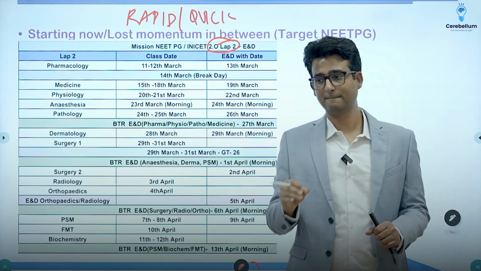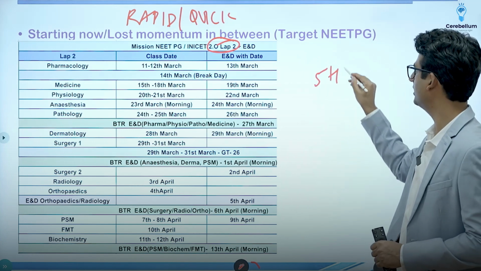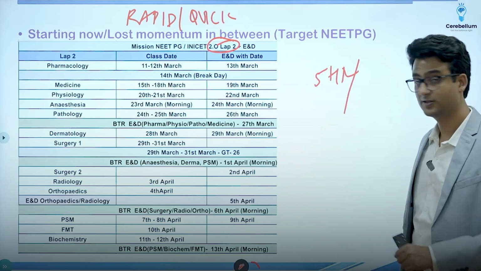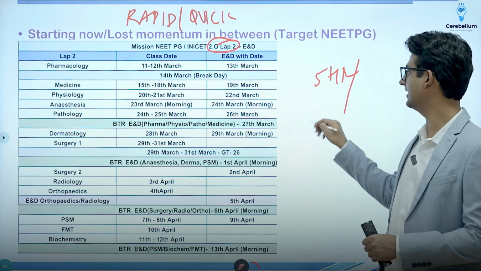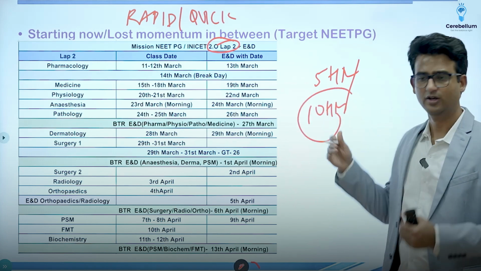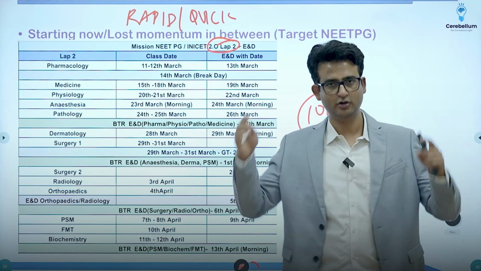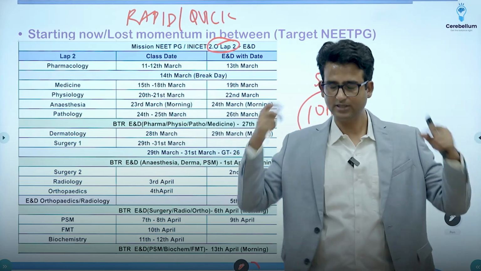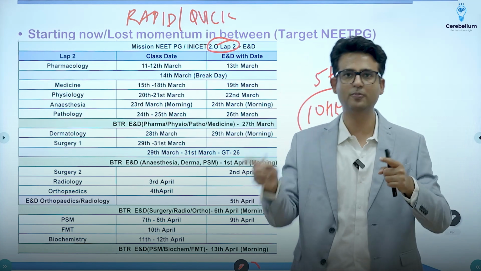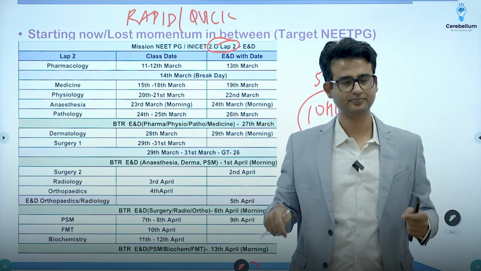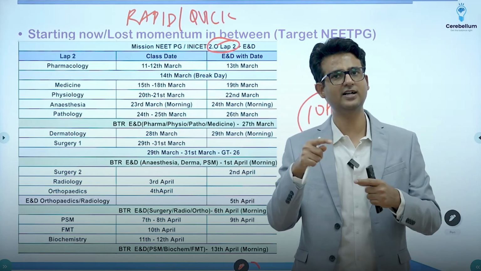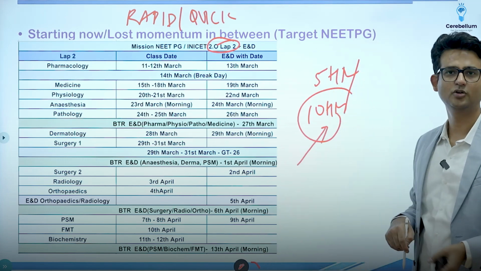The problem is, if you want to watch a 5-hour quick revision or rapid revision video, despite watching it at 1.5x, you end up taking 10 hours. Why? When you're watching a video, it is very difficult to remain focused. Your attention keeps on going here and there. Sometimes you start thinking about something and then you have to bring back the video. You have to take the video back and again start it. And in all that process, you waste time.